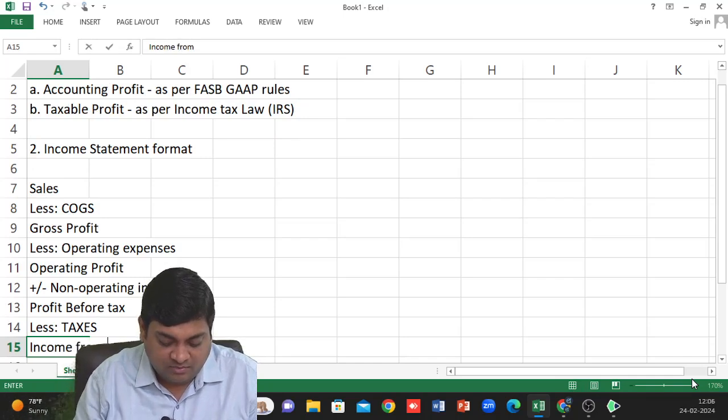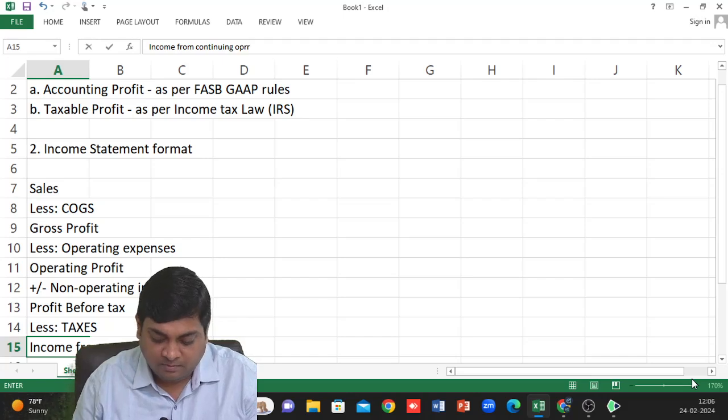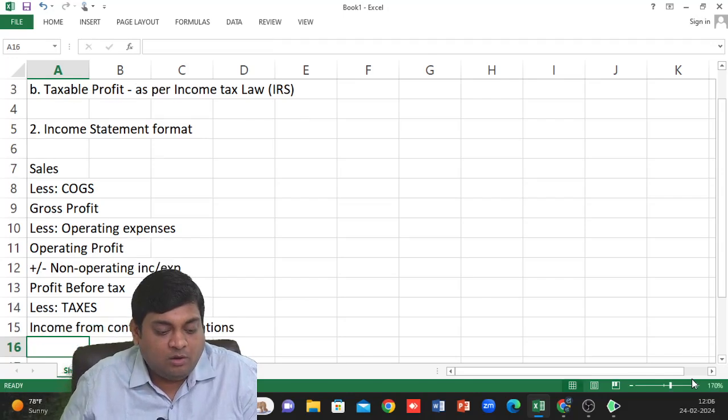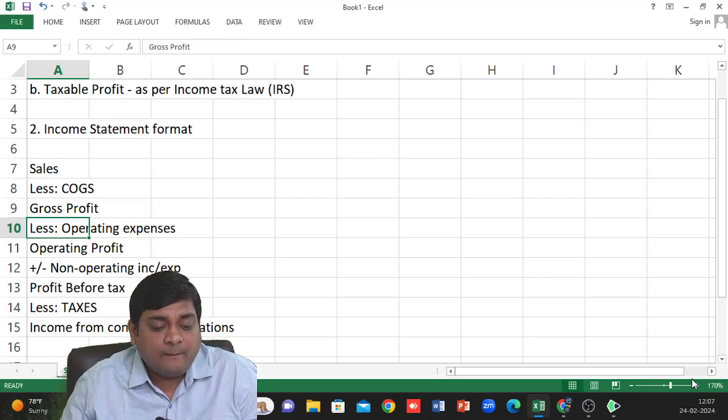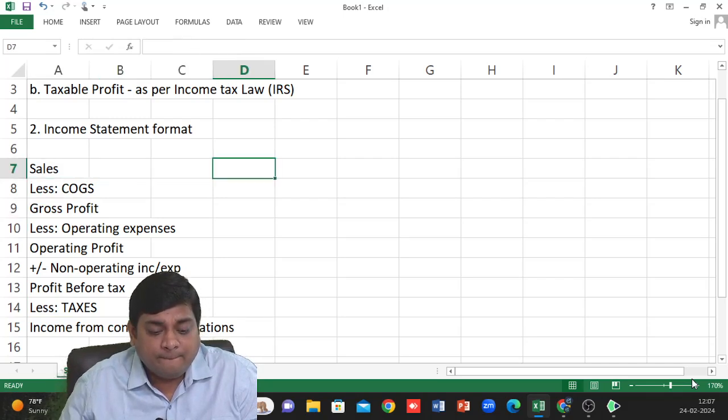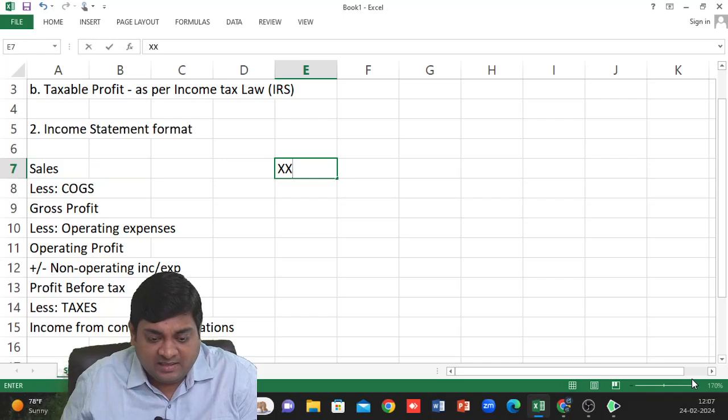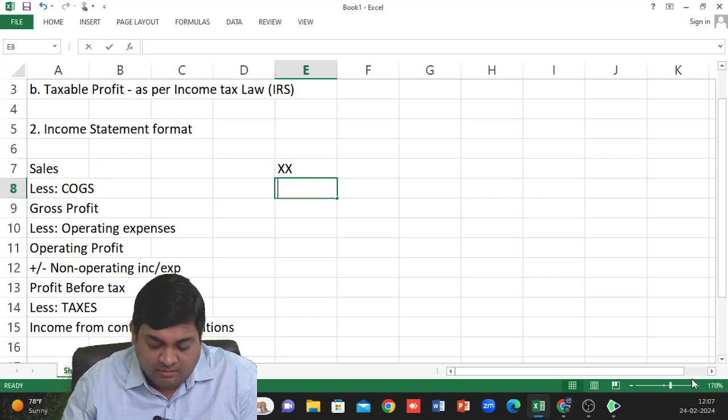So we get income from continuing operations, right? So basically it is like this, then minus this,